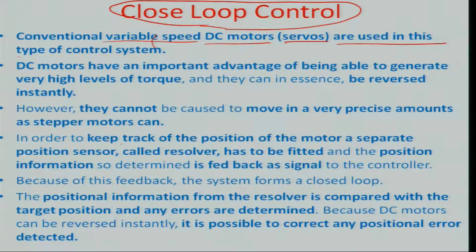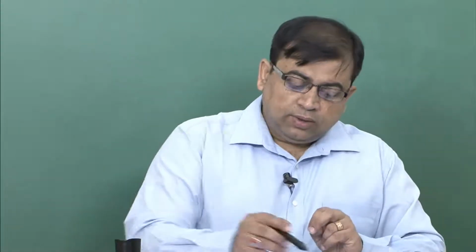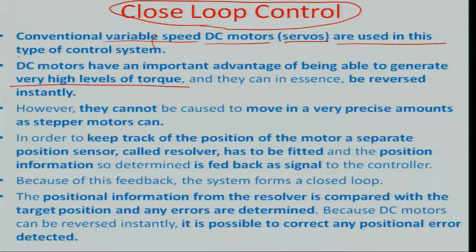Okay. And therefore you need to know exactly the position of the motor in terms of the rotational angle executed, after the signal has started till it actually stops. So the advantage is that you can have very high levels of torque, because that is the advantage with DC motors. Obviously you can reverse the motor, that is another very big